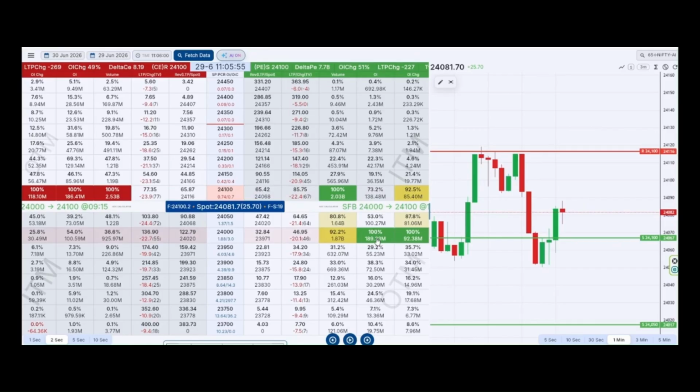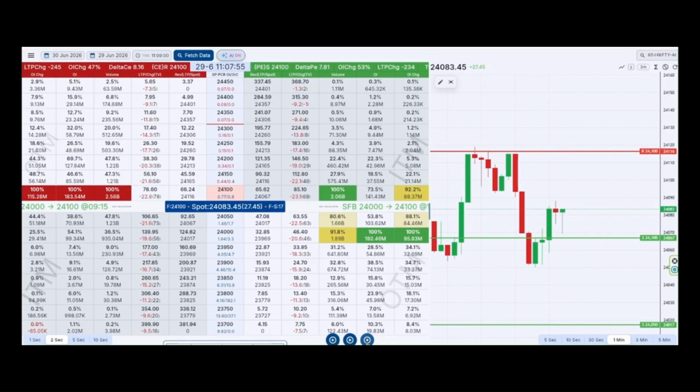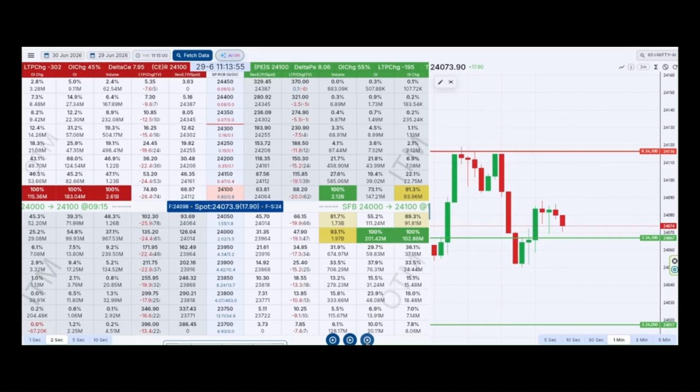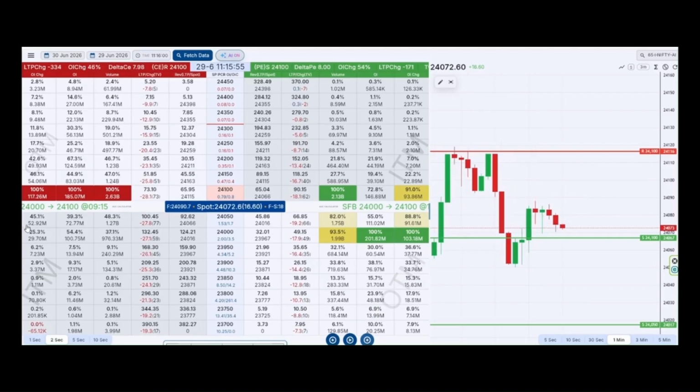It is now very clear that 24,100 is acting as a strong resistance level. Now let's see how to plan entries in a top reversal setup. We identified this condition by around 10:45 a.m. Since we already know that this is a top reversal case, we should always plan our entry from the bottom